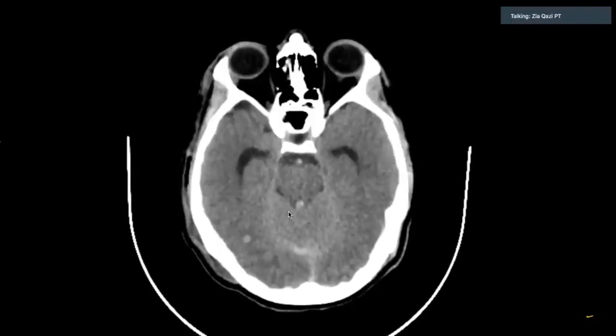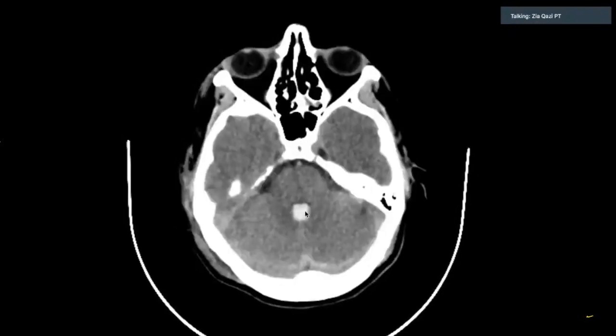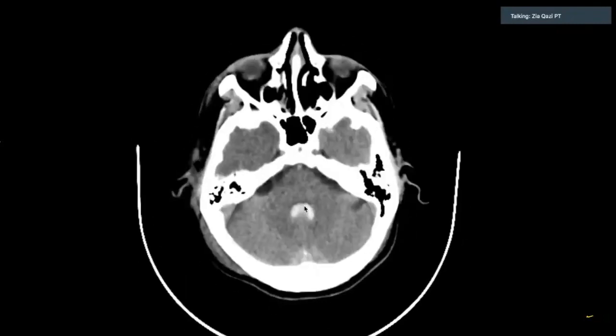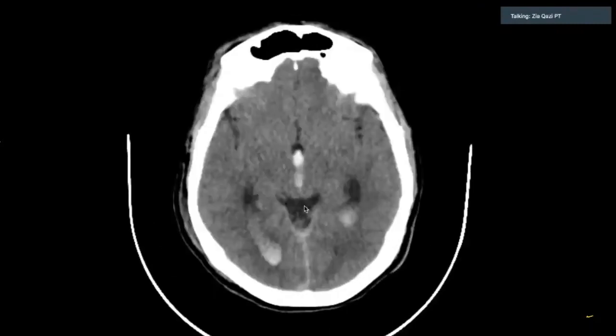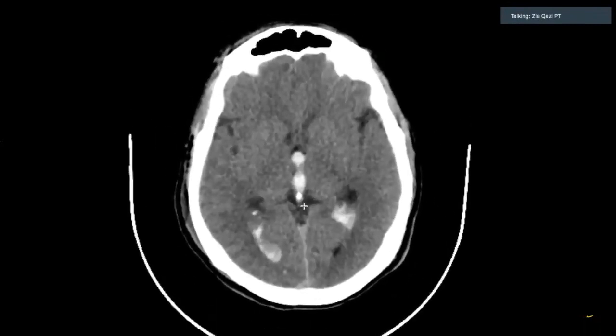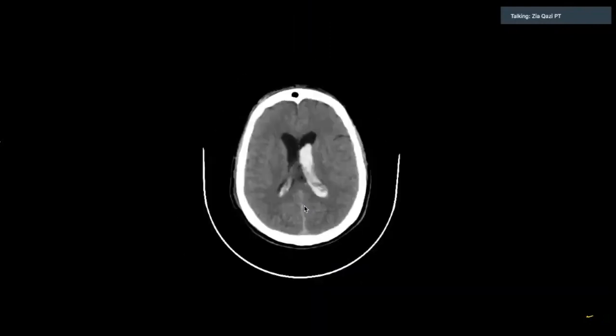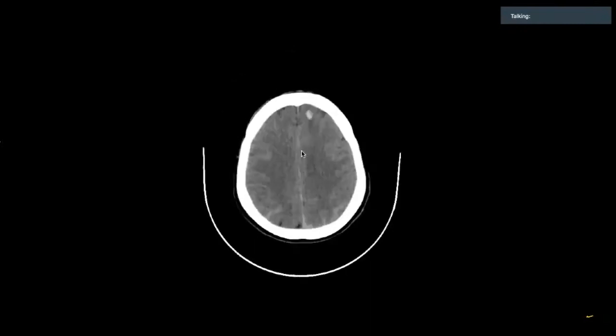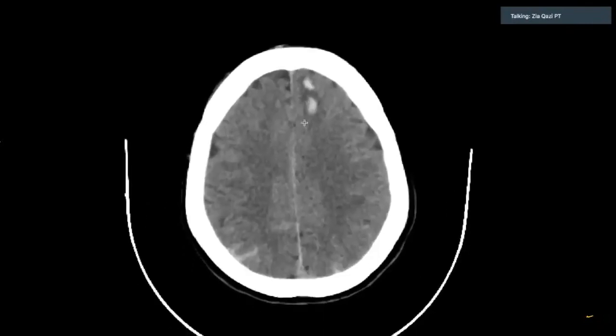That hyperdensity is slowly ascending in between the cerebrum. Okay, so in between the cerebral hemispheres it is extending, and then it is extending more from the ventricle. You can follow the ventricle clearly where my arrow is. It is extending from the fourth ventricle, then slowly extending into the third ventricle, then bilaterally extending into the ventricles, filling the ventricles, and then one half of the whole ventricle is gone in this section, it is filled with that. As you go higher and higher, there is also parietal hyperdensity.